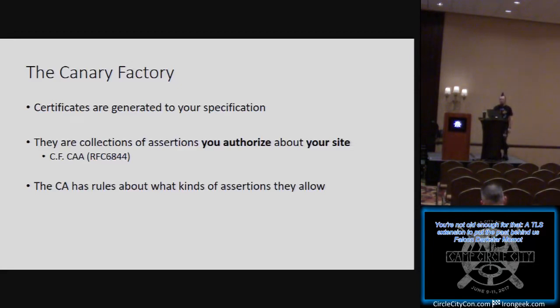The CA has various rules about what kinds of certificates, what kinds of assertions they will allow. For example, most CAs will not sign certificates with completely random OIDs in them that they do not understand unless you talk to them first. Most certificate authorities will not issue certificates that have odd types of extensions. Say, this is a remote desktop code signing and TLS client authentication certificate. They have rules. The rules are documented in the policy sets. They're extremely large. If you need something to go to sleep with, I highly recommend reading one.